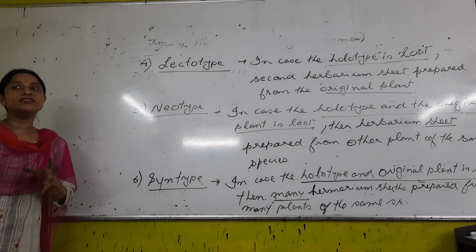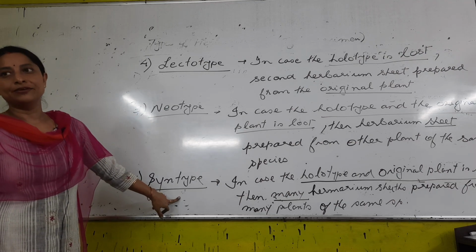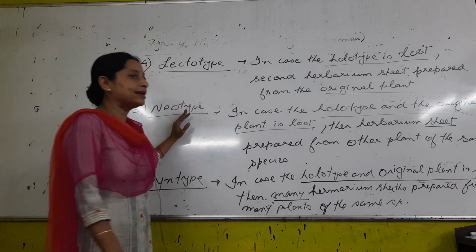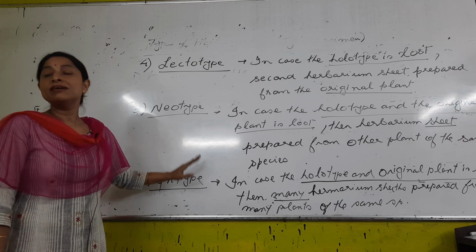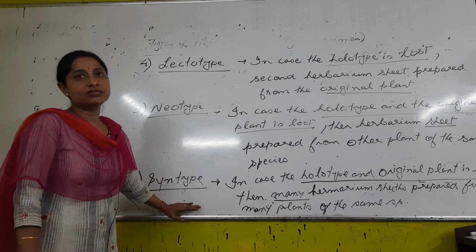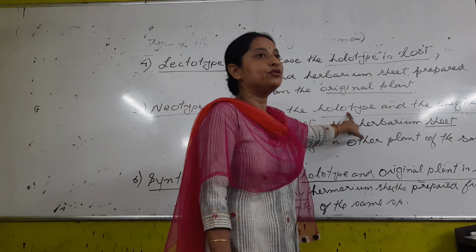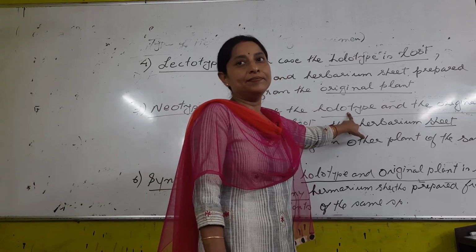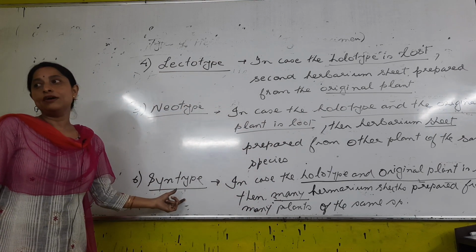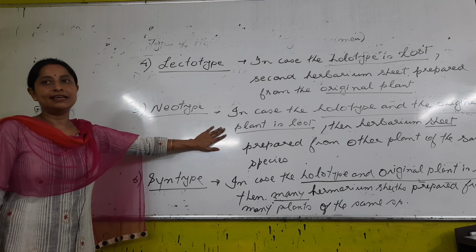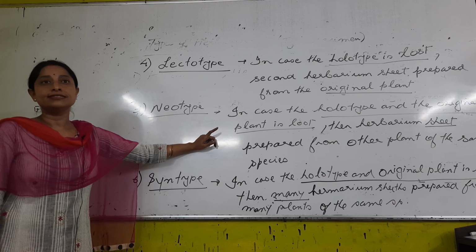The sentences are almost similar, right? Especially these two, look, almost similar, isn't it? Neotype is a herbarium, syntype is also a herbarium. When will you make a neotype, when will you make a syntype? In both the cases what is common? When will you make two such herbaria? When the holotype is lost and the original plant is also not there, right? Then either you can go for a neotype or you can make a syntype. What the similarity is, in case of loss of both the holotype and the original plant. What is the difference is